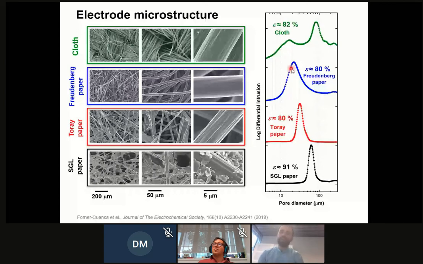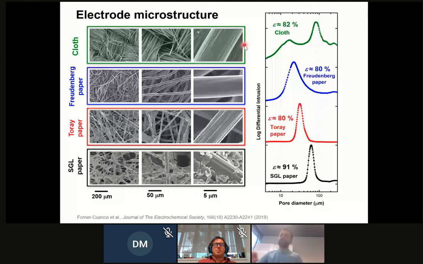And the carbon cloth is really interesting from a transport perspective because it has a very marked bimodal pore size distribution. This is something that you can see by looking at the microscopy. You see that there are these big pores in the intersection between threads, and these are 100 microns. And you also have these small pores, which are defined in one given thread. So if you look at one thread, your pores are something like 10 microns, okay? So we have this very interesting series here where you have a monomodal pore size distribution, you could say, and then a bimodal pore size distribution, and a material that is highly